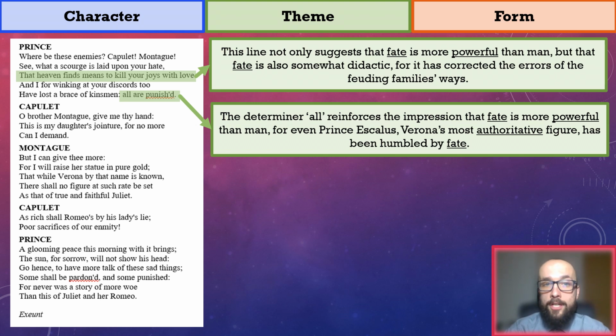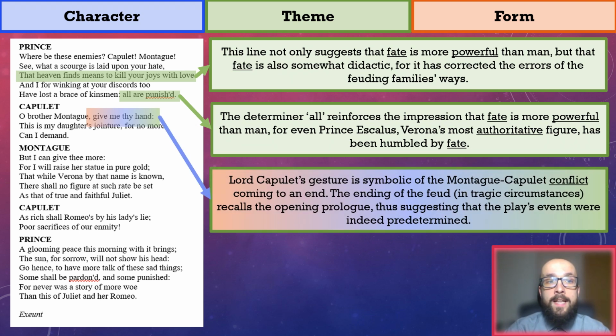Upon hearing the prince's judgment, Lord Capulet asks for Lord Montague's hand. This gesture is symbolic of the feud between their families coming to an end. Moreover, because the feud ending in tragic circumstances recalls the play's opening prologue, the impression that the play's events were predetermined is evoked. And last of all, let's turn our eyes to the final 2 lines of this miniature extract,